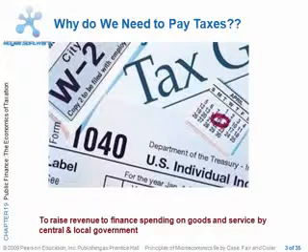So, why do we need to pay taxes? Taxes are intended to raise revenue to finance spending on goods and services by central and local government. The government, when managing the level of aggregate demand, output and prices, uses taxation. When demand is perceived as being too strong, the government can increase direct taxation to reduce the level of real disposable income and household spending. Tax can correct for externalities and other forms of market failure, such as monopoly. Import taxes may counter imports and therefore help the country's international balance of payments and protect industries from overseas competition.